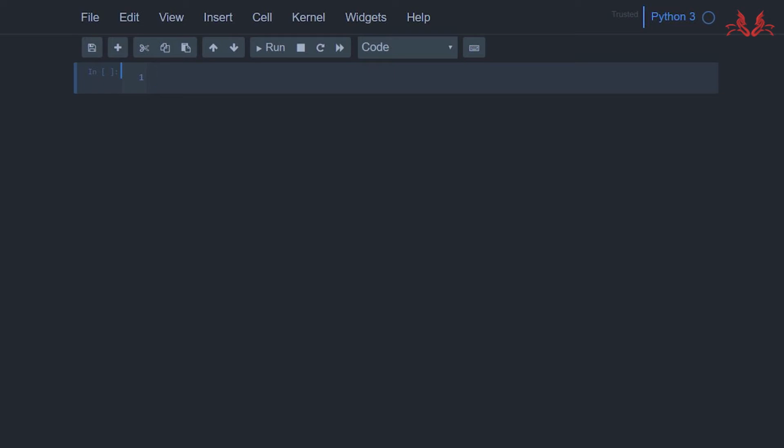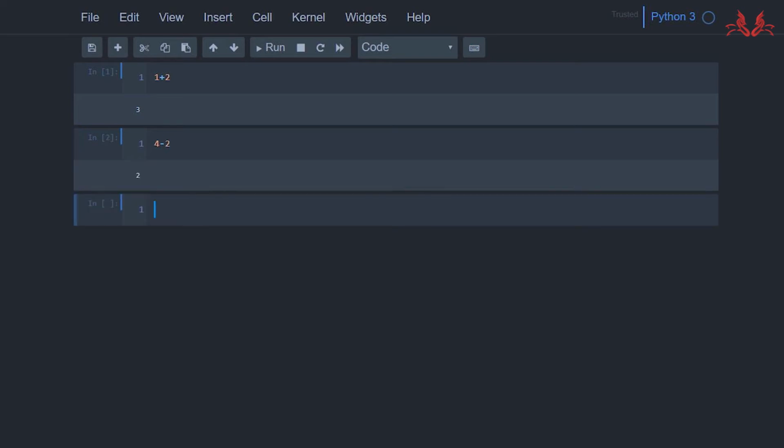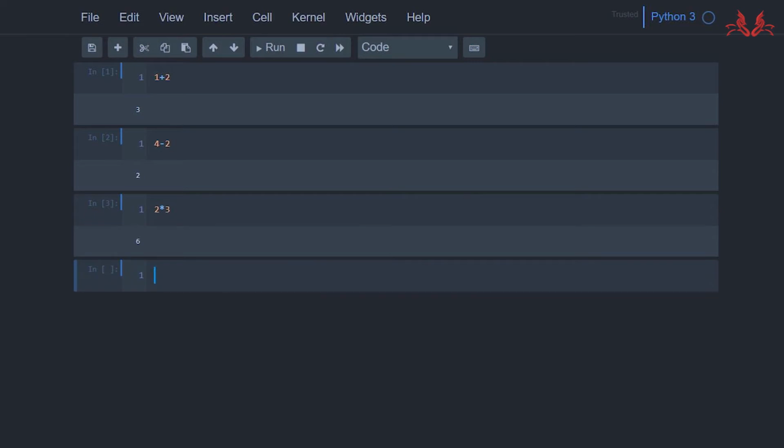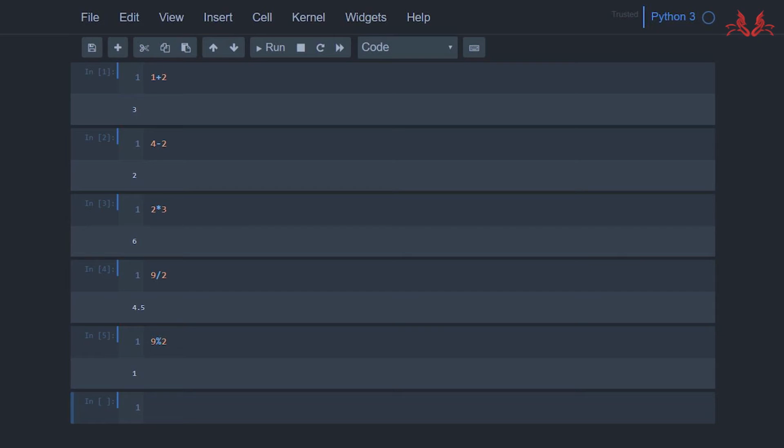For example, 1 add 2 equals 3, and 4 subtract 2 equals 2, and 2 multiply 3 equals 6, and 9 divided by 2 equals 4.5, and 9 modulus 2 equals 1. Why is this 1? Because the floor division of 9 divided by 2 is 4 and the remainder is 1. So we can see the floor division of 9 divided by 2